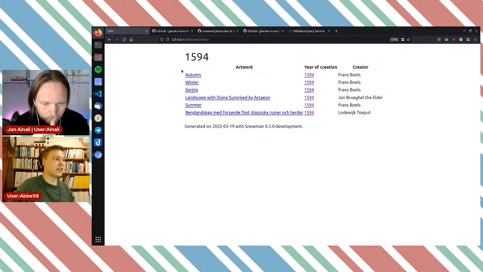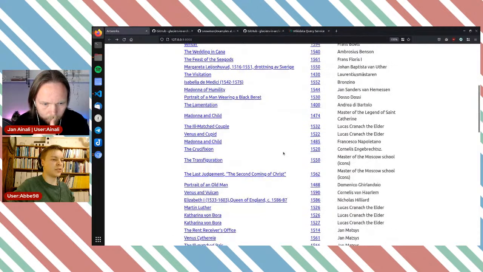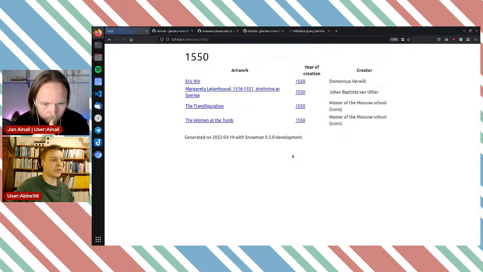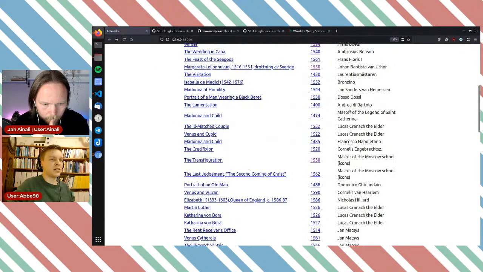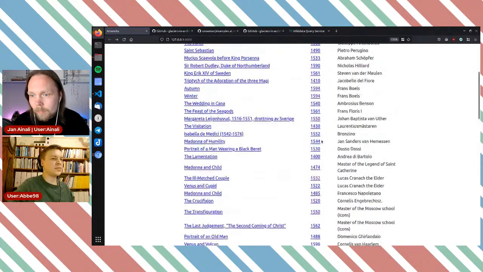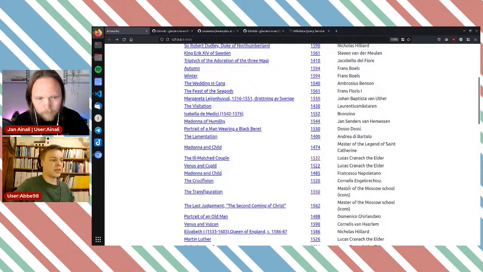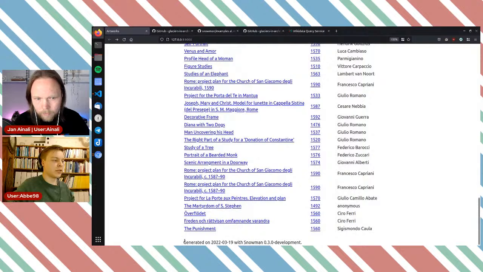That doesn't necessarily need to be a link, but okay. So if we go back here, let's give it a reload for the sake of it, and go to another year here. We only got those. That's nice. And because there aren't that many artworks for each page, we could render all the images. And we could kind of do the same thing for the creator here. We could use their QID to do another page. But let's have a look at just how this works.